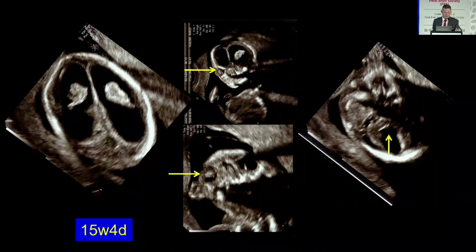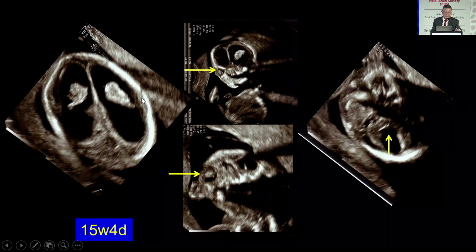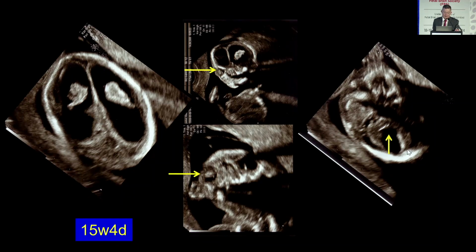And here you have another case. When you see very severe ventriculomegaly early in pregnancy, you should think about cobblestone. And here you see the eyes, there was cataract, the shape of the lens was abnormal, also the cisterna magna was abnormal, and again a case of